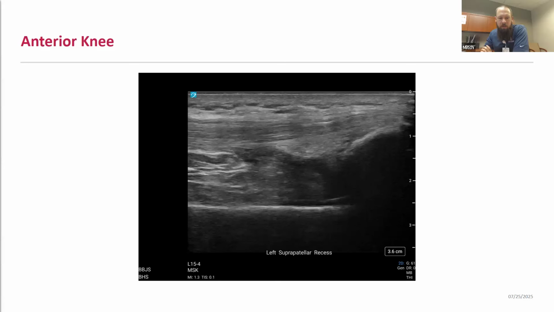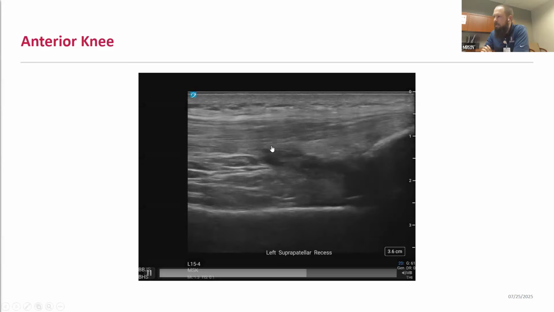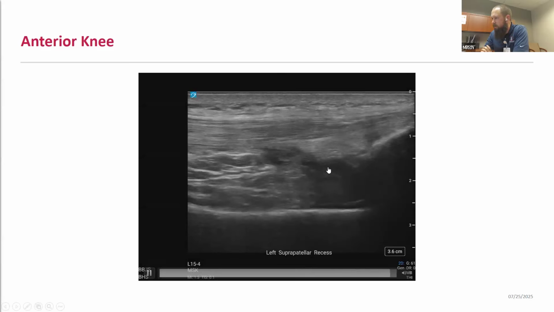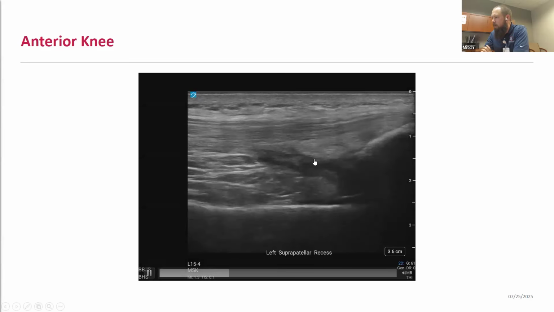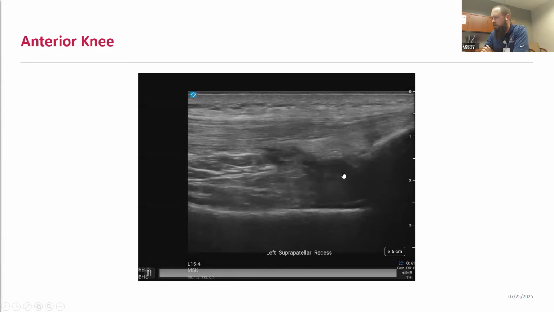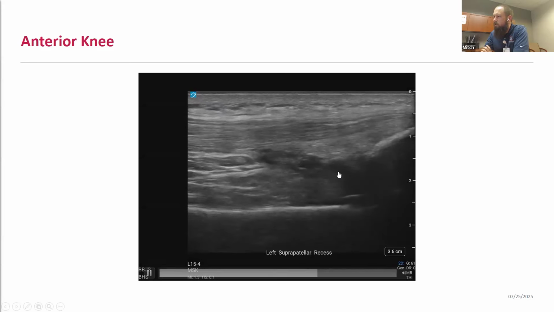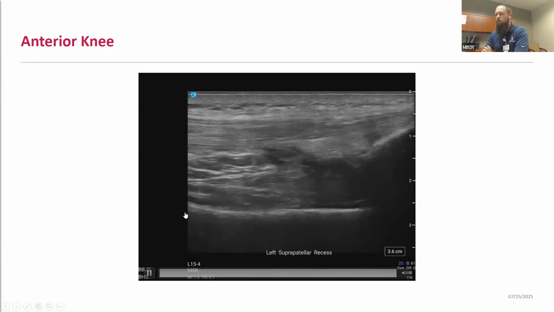If you're trying to identify the joint space, sometimes some quadricep contraction or increased knee flexion can pull some of that fluid up further into that recess. And so here the patient's doing a slight quadricep contraction, which can better delineate that joint space there. And that's especially helpful if you're doing any interventions such as aspiration or injection, especially injection in somebody that doesn't have much of an effusion at all.